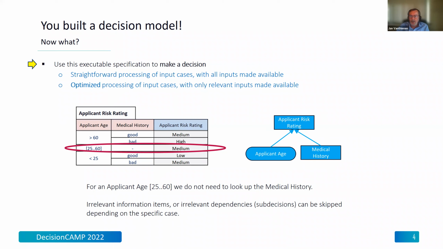You don't have to execute this decision. You don't even have to retrieve the data and so on. Relevant information items or irrelevant dependencies, in this case, only in this case, otherwise I wouldn't have it in my picture, can be skipped. So in executing a decision, that's one small point I would like to make, a small